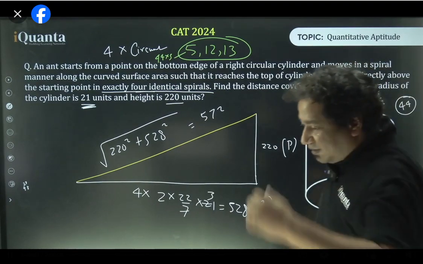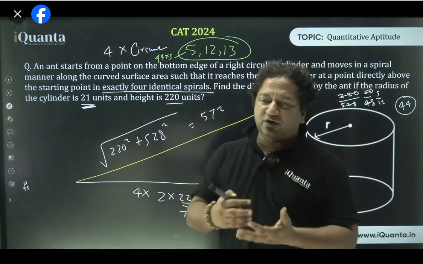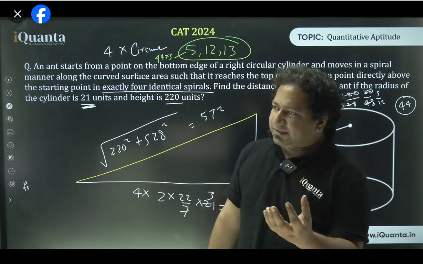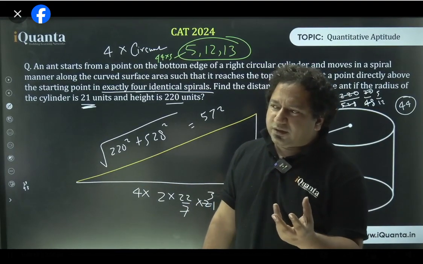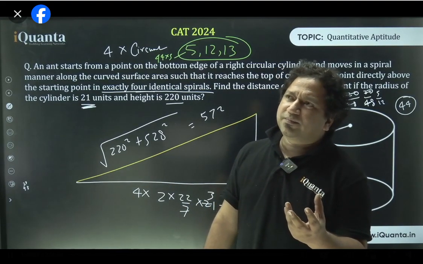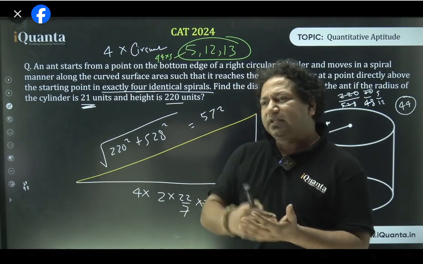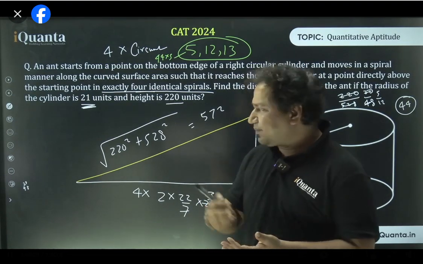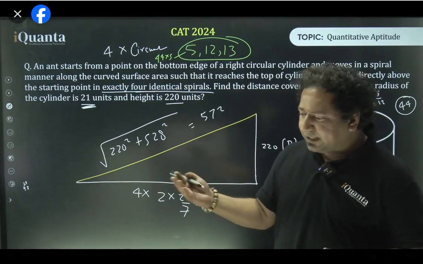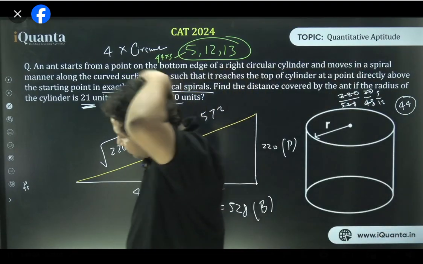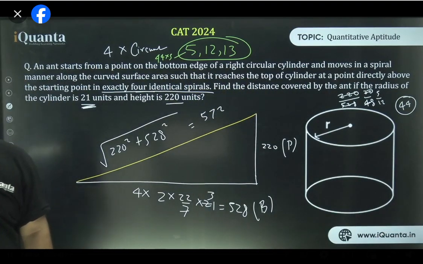In fact, I just remember that at iQuanta we are doing things which are not being done anywhere. And like someone said, iQuanta is all about marketing. You know what? It's not about iQuanta. It's about the person standing in front of you. I sometimes think that I have given you something which nobody in the entire world is giving. For example, Brahma triplets and a lot of other things, how to calculate squares quickly. So if it's only about marketing, I don't believe in that.